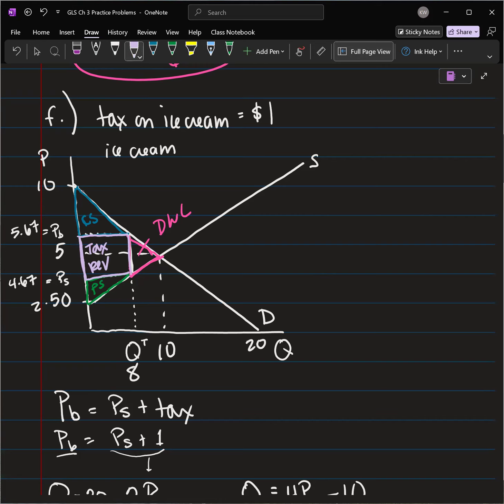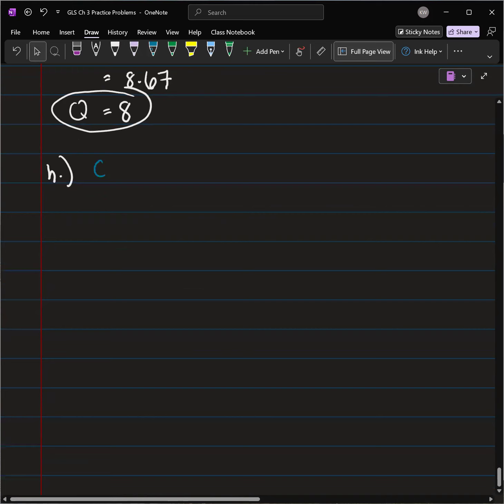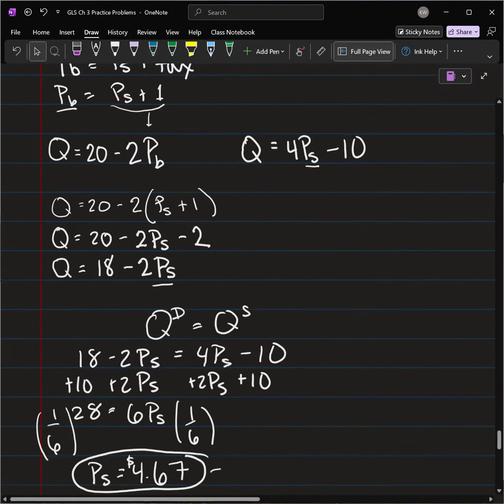So let's start by solving for our consumer and producer surplus. So we're just going to solve for the area of our triangle, which is drawn in blue. So we'll have 1/2 times the base, which is the number of pints of ice cream sold, 8 minus 0, times the height, which is the difference between the demand choke price and the price that buyers pay. So writing that out in our equation, consumer surplus equals 1/2 times 8 minus 0 times, I believe, what was it, 10? Yeah, 10